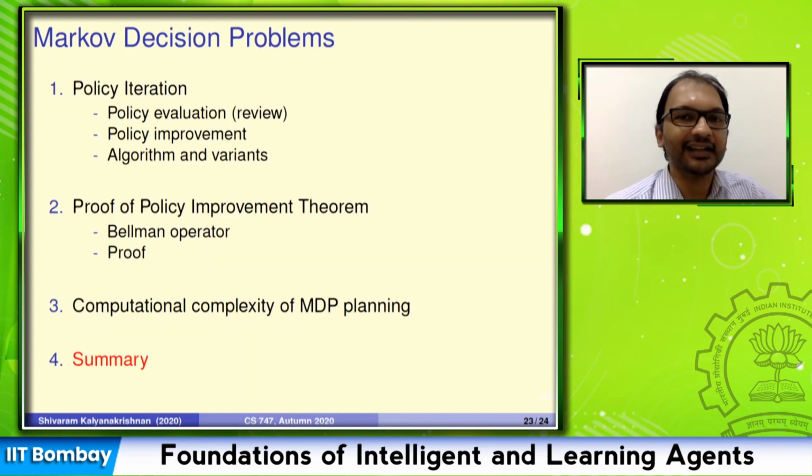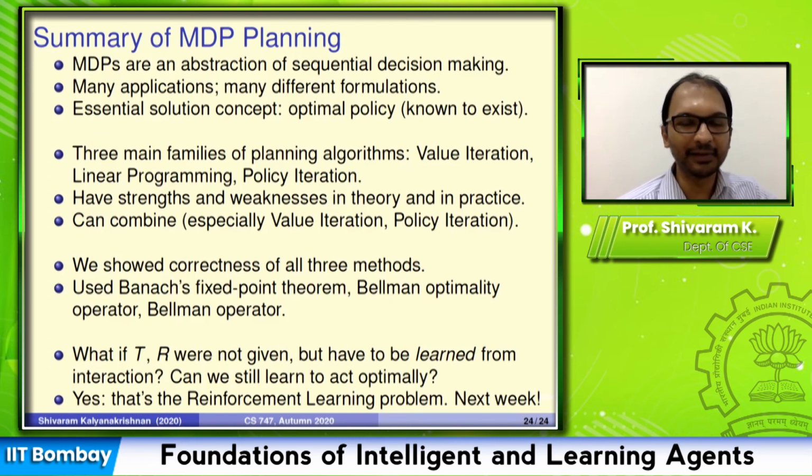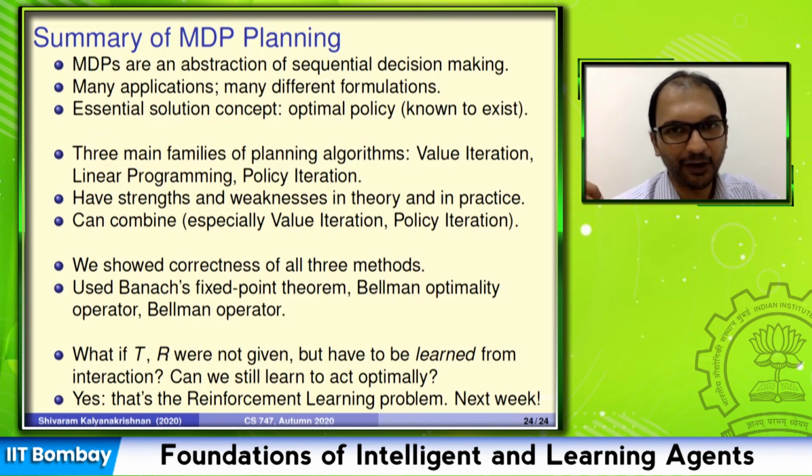All right. So let us now summarize. And what we are summarizing now is not just this week's lecture, but our entire discussion on MDPs, as a part of the course, which is weeks 4, 5, and 6. So what are MDPs? MDPs are a way of mathematically formulating the problem of sequential decision making. When you have an action, it has stochastic transitions to states from which, again, you have to take actions. You want to maximize expected long-term reward, right?